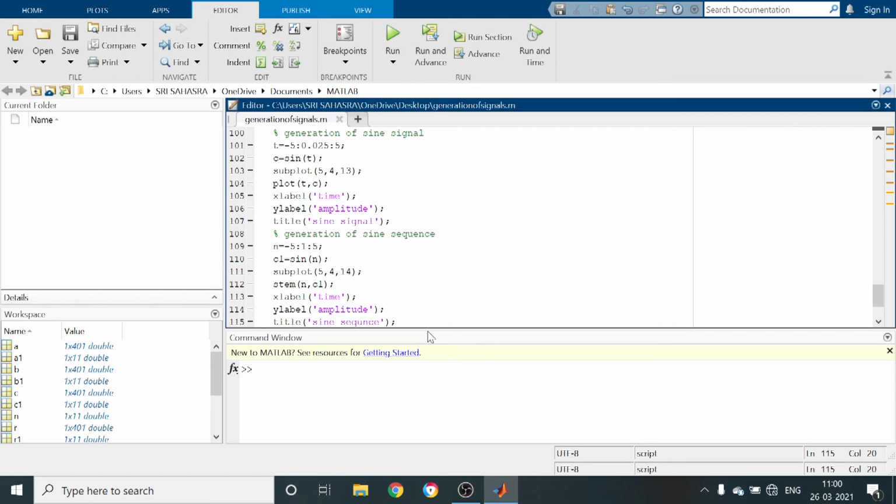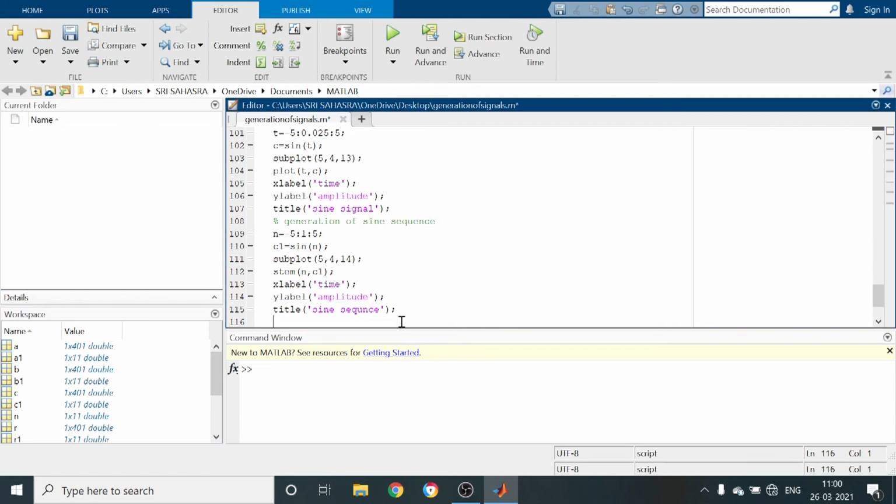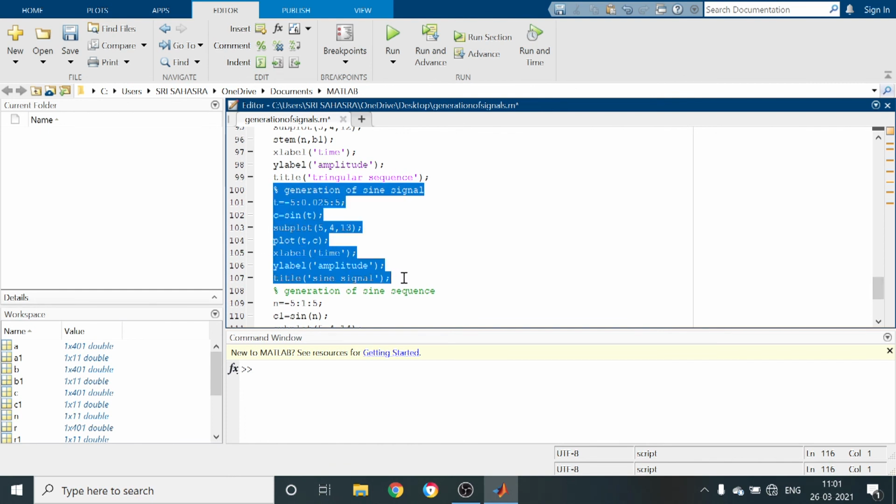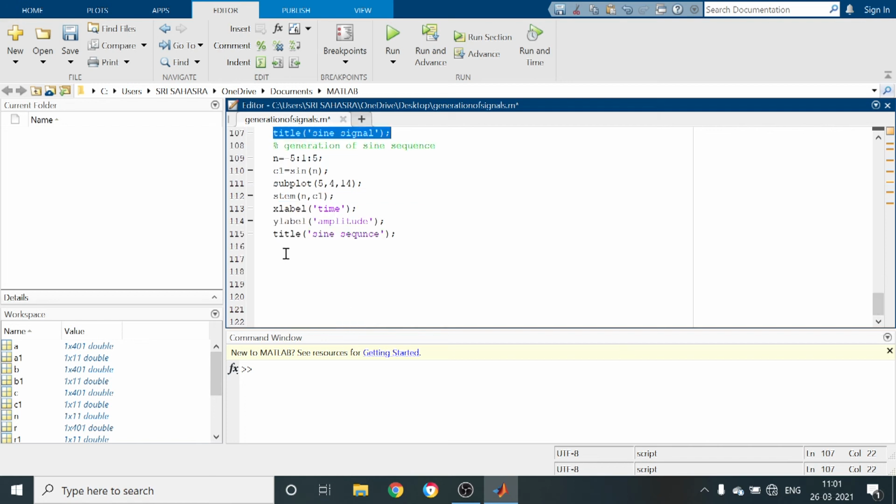Next we have to generate another two standard signals. What are those? Generation of sync signal and generation of signum function. I am taking the sine signal commands and pasting here.